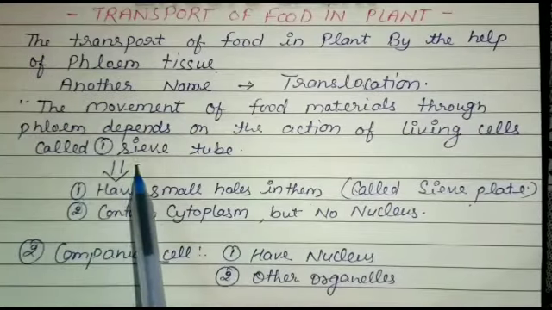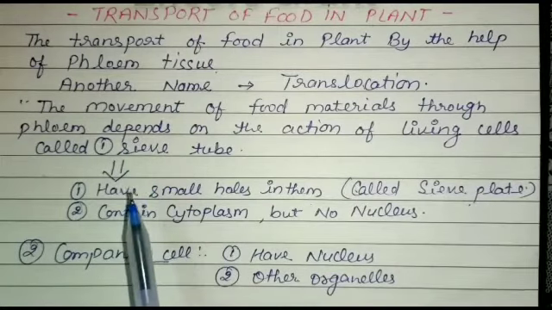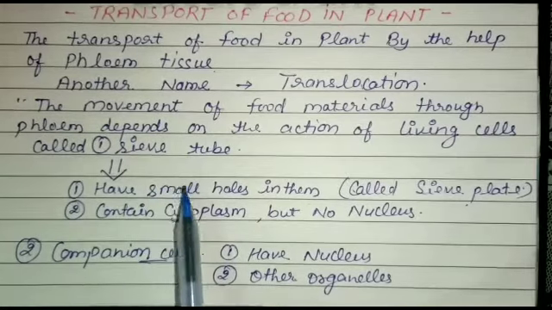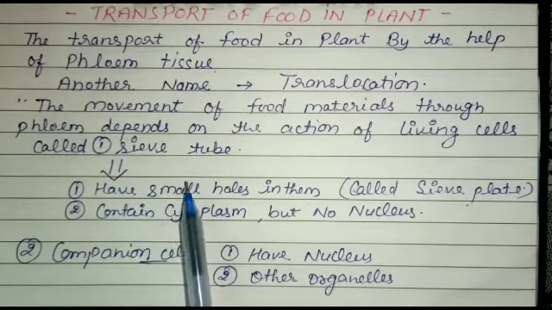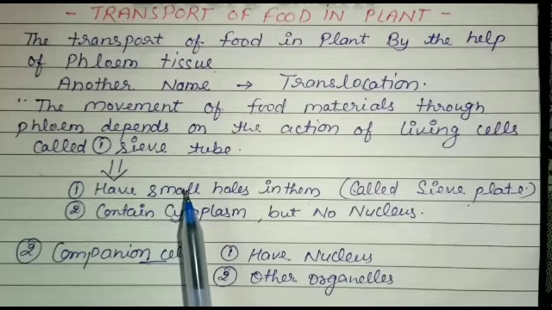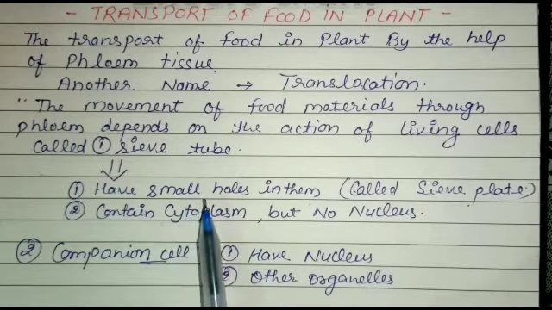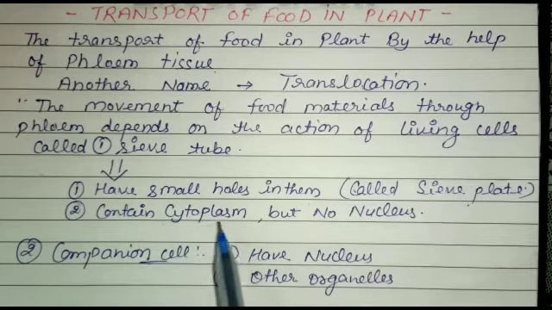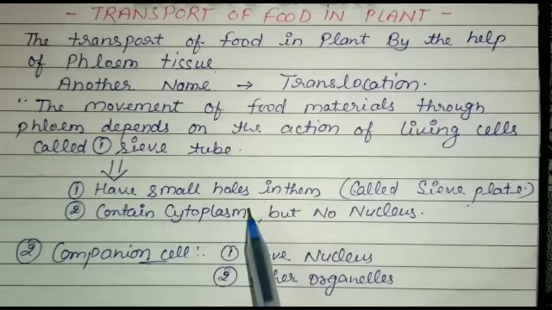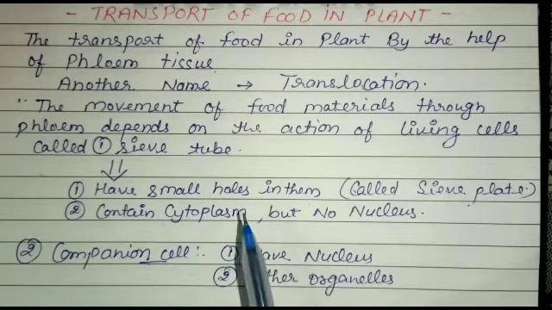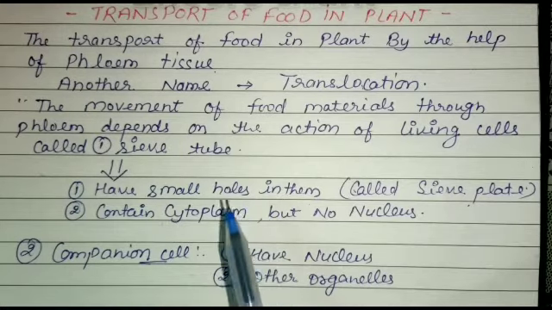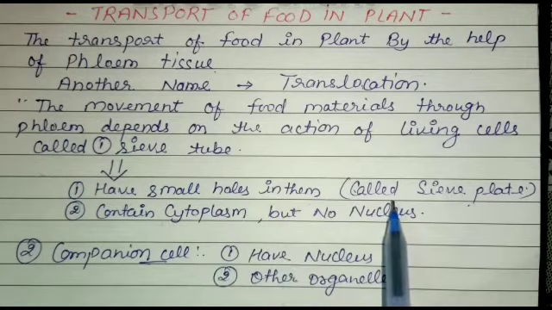Like xylem vessels, phloem is made up of many cells joined to form a long tube. However, the end walls of the cells which form phloem are not completely broken down. The end walls of the cells in the phloem form sieve plates, which have small holes in them. These holes allow the food to pass along the phloem tubes. The cells of the phloem are called sieve tubes.